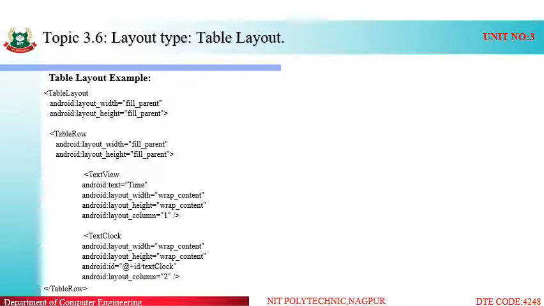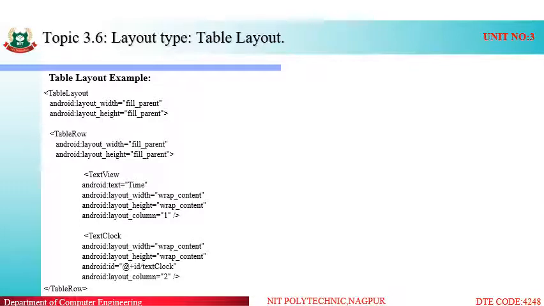Coming to the layout structure, how we can design our layout structure. In the table layout, some id is given, so that attribute will be id. Table layout id equals table 1. Layout width will fill according to the size of the parent, therefore fill parent. We can give match parent or fill parent. So width and height we have specified for the table layout. Next, inside the table layout we have given a table row. Same attributes are used here, that is width and height are specified.